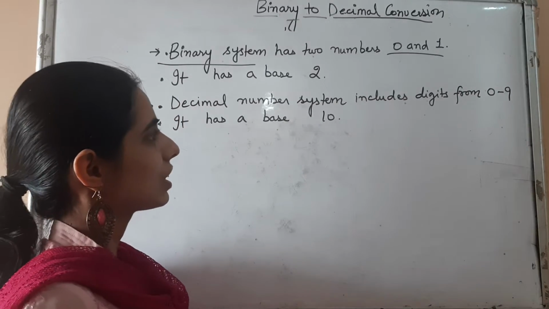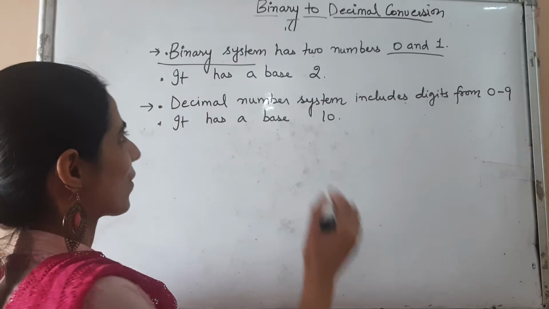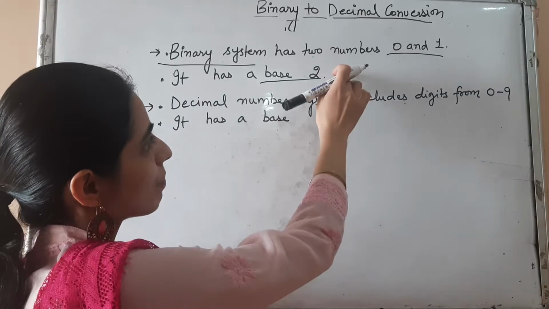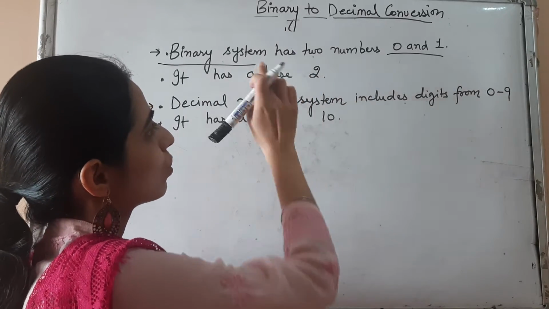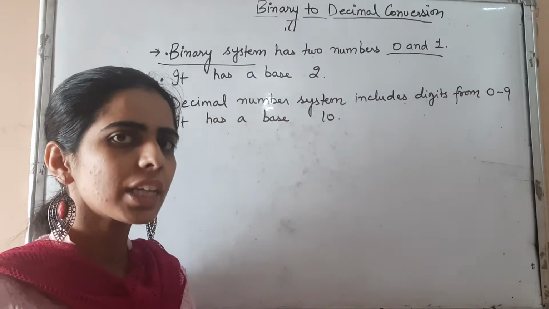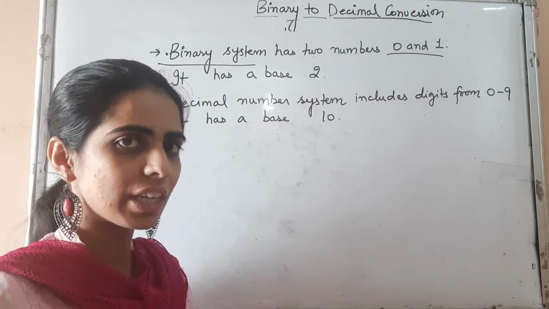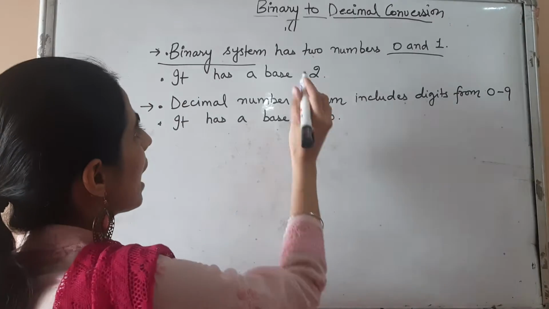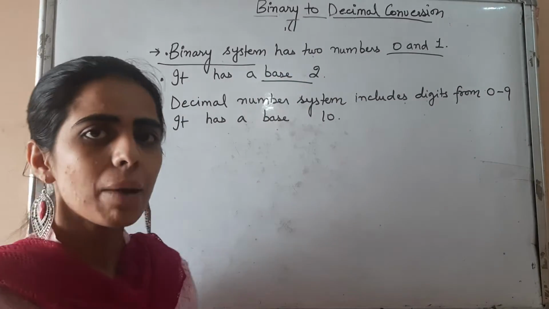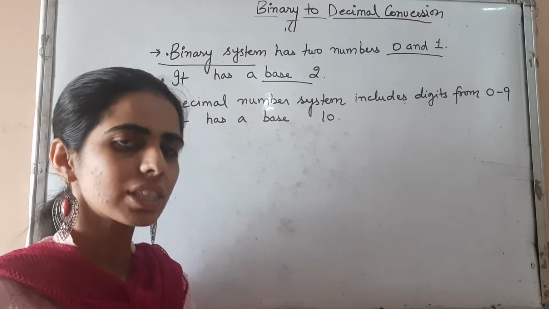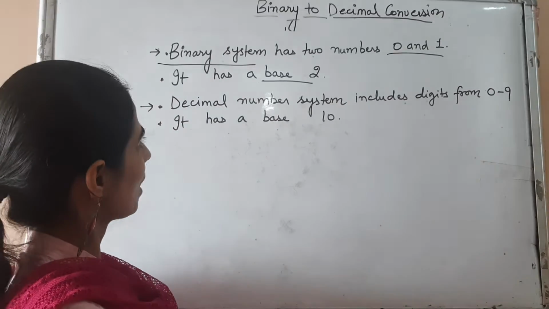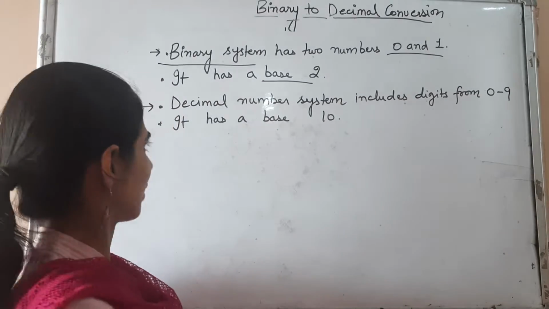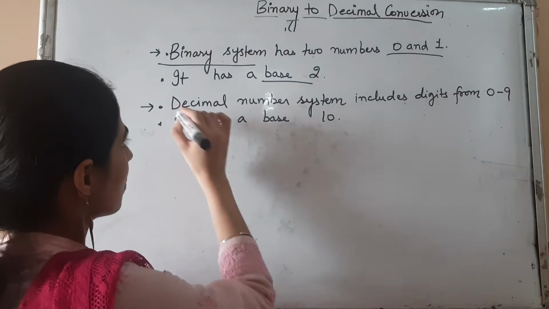Coming to the next point, I missed out one thing. Yes, of course, very important. It has a base of 2, right? So base of binary number system, if anyone asks you, you will always say 2. I will explain it in detail in just a moment when I explain the conversions. So it has a base 2. Binary number system is the code language which is understood by the computer, and this has only two digits, 0 and 1, right?